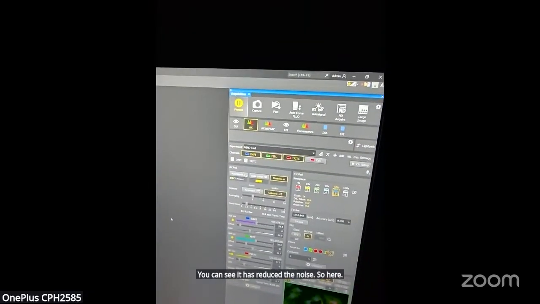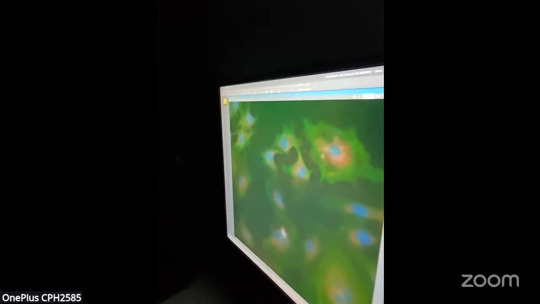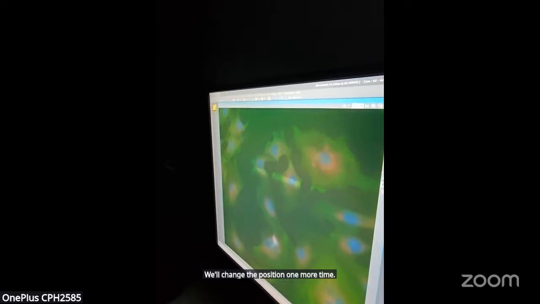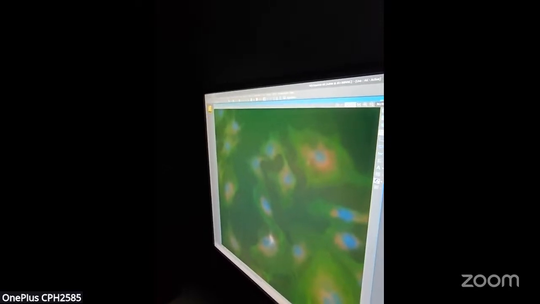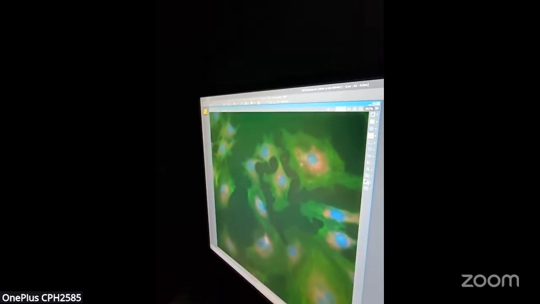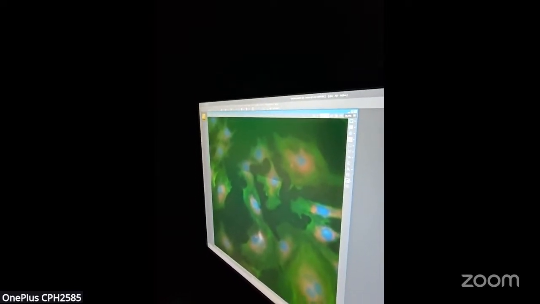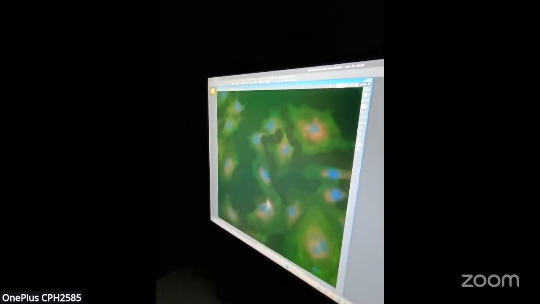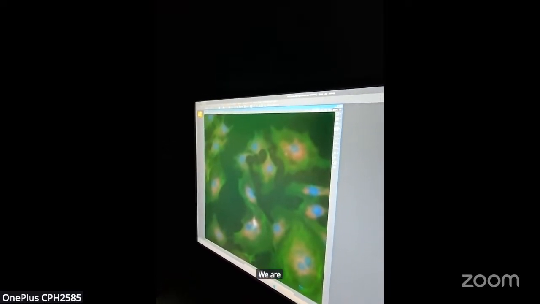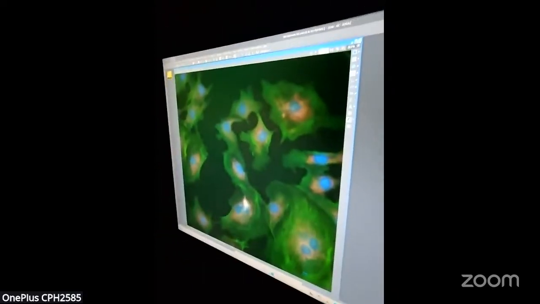So here we'll change the position one more time. We are changing the Z option so that we can get a better image.